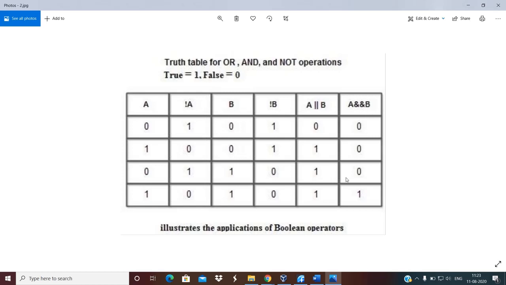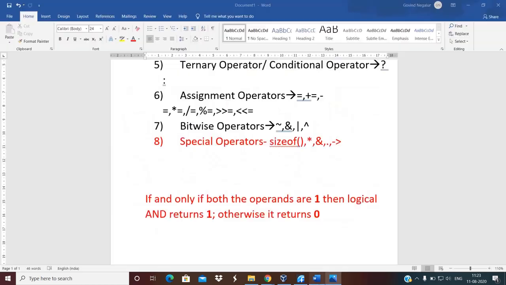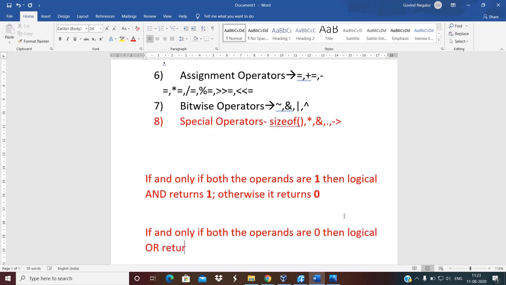Now how can I comment about logical OR? I can do the same thing. If and only if both the operands are 0, then logical OR returns 0, otherwise it returns 1.